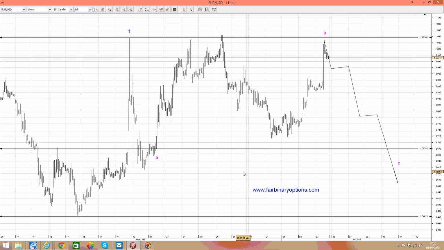Now, with Monday being a holiday, with the Easter holiday still ongoing, ideally we should see the move on Friday being retraced, and therefore we would like to trade put options on the Euro US dollar with the expiration date being end of week. So put options on Monday, with expiration on Friday, end of week, will be the ideal